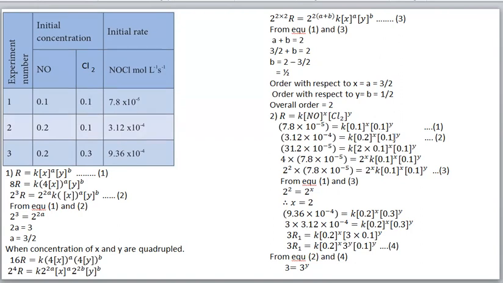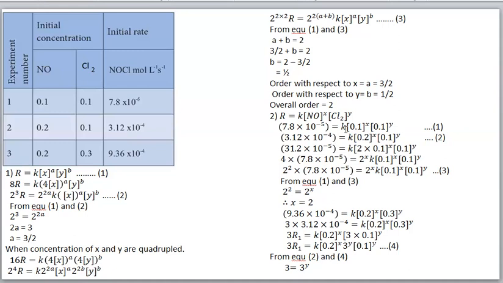So 0.1 to the power Y. Okay. Then the first time you see here, rate is here into 10 to the power minus 5. This also we can change like that. So here we can decrease in the power, we can decrease 1. So here we can increase 1. Okay. So this is 10 to the power minus 5. Here we can increase 1 digit. So 31.2. Okay, equal to.